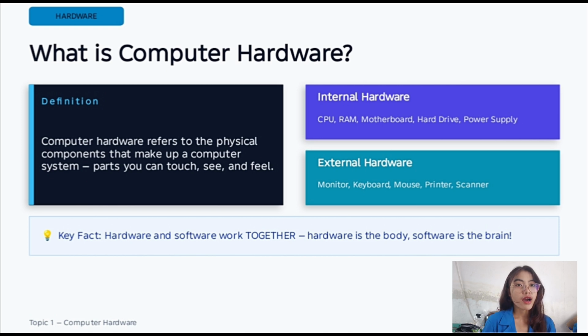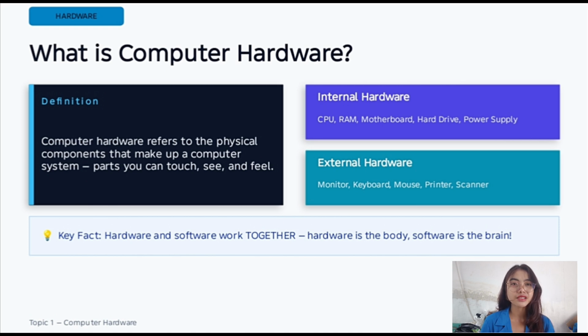So, what is computer hardware? Computer hardware refers to the physical components of a computer. These are the parts that we can touch, see, and feel. Hardware is divided into two categories. First, internal hardware.